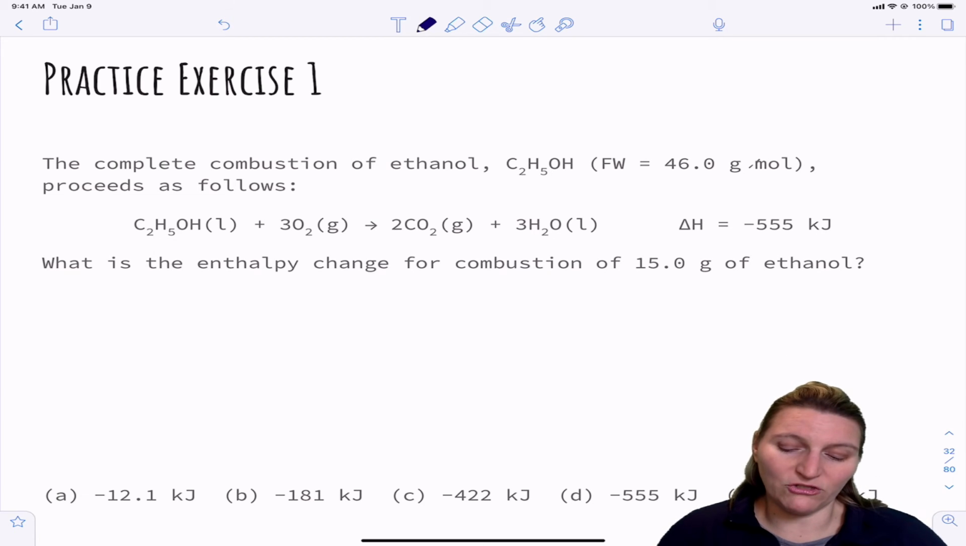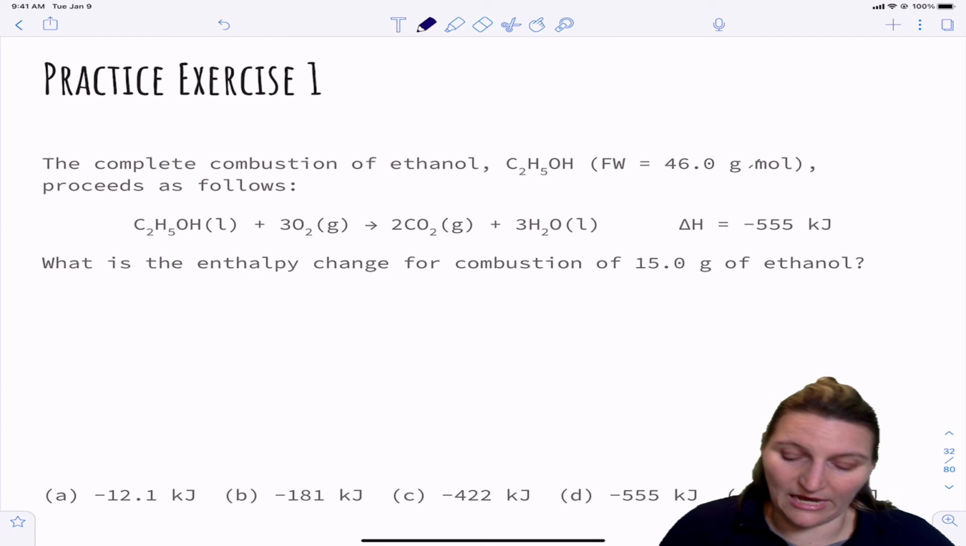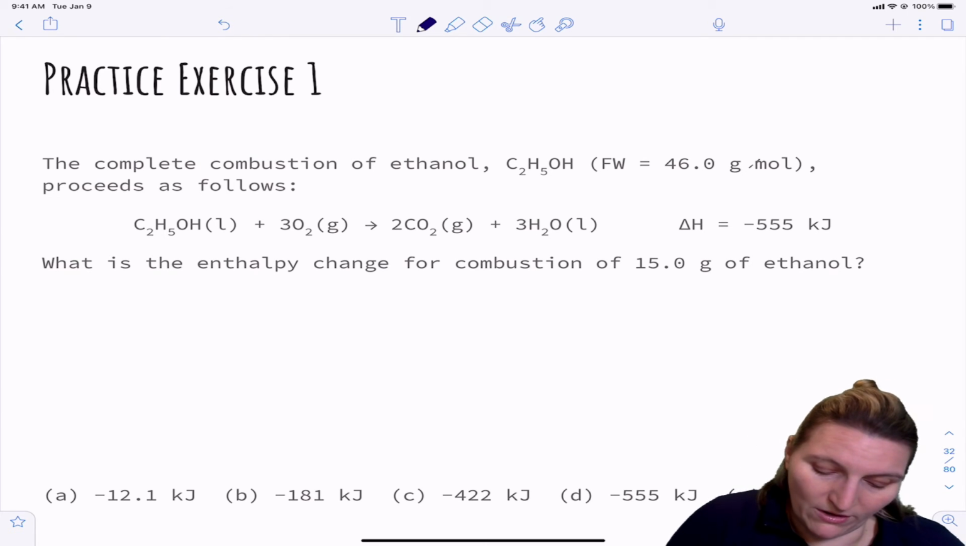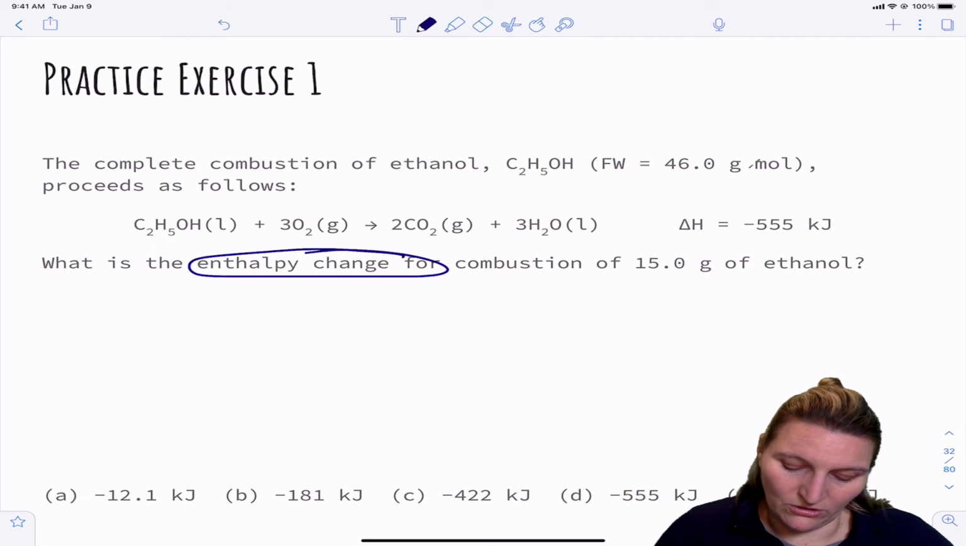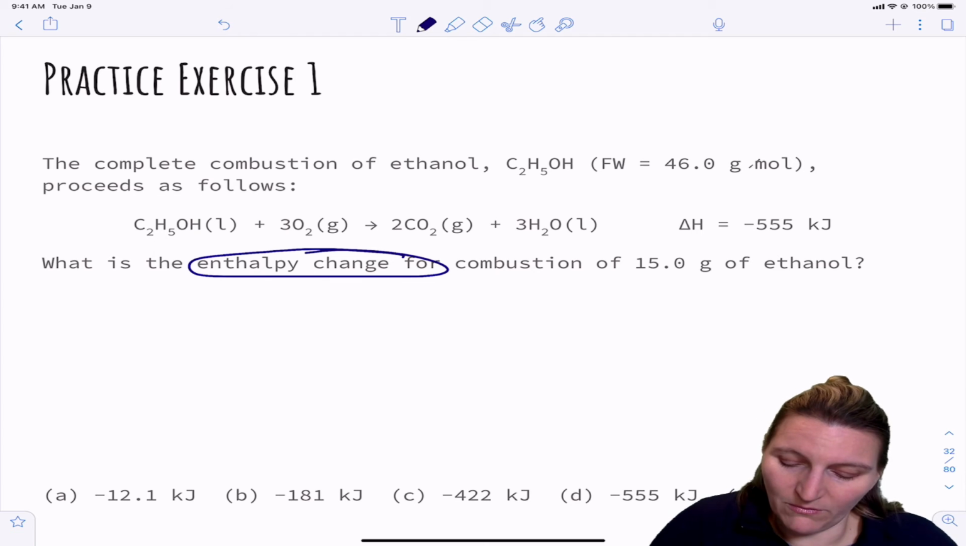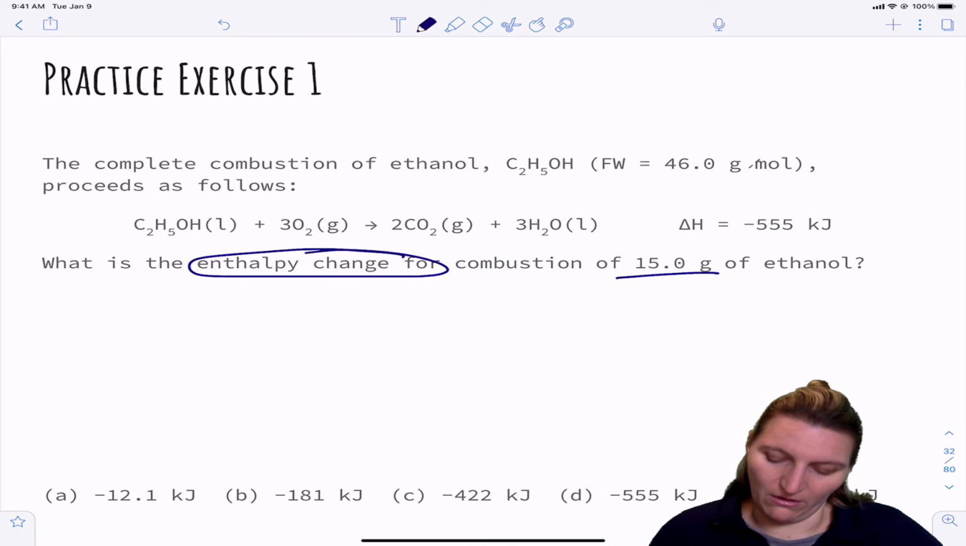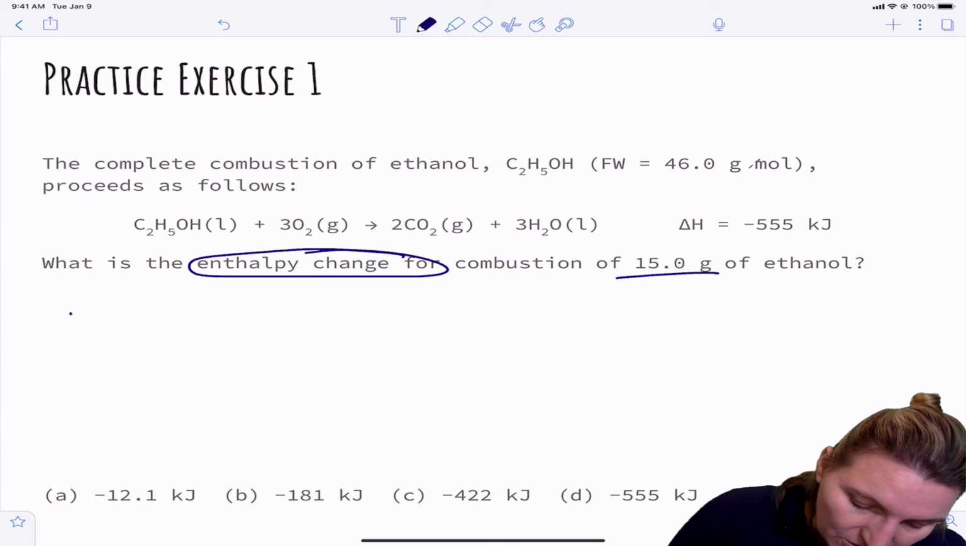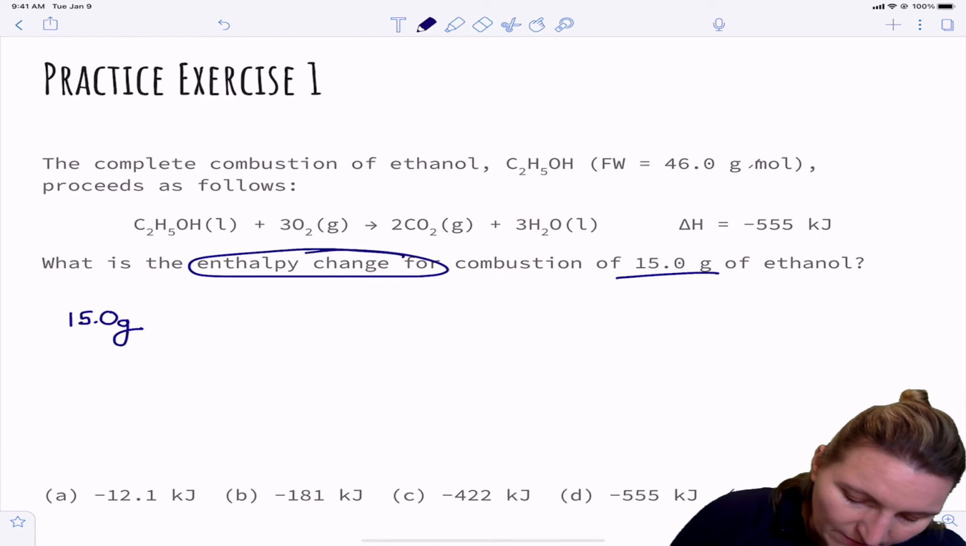So the complete combustion of ethanol proceeds as follows. What is the enthalpy change for the combustion of 15 grams of ethanol? So this is exactly the same as it was before. They want the enthalpy change, which means that this could be negative or positive, and it's the combustion of 15 grams of ethanol. So I'm going to start with 15.0 grams of